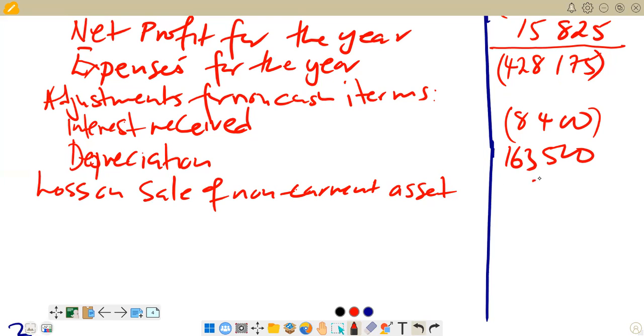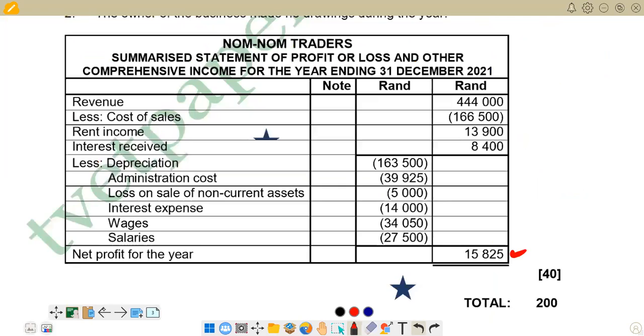Remember, we are again showing it as what? As a positive, because loss on sale is an expense. Remember, loss on disposal or on sale of a non-current asset, I will show it under operating expense as an expense. So we can show it as a positive there. Then we go again to see what we have there. Right, after depreciation,